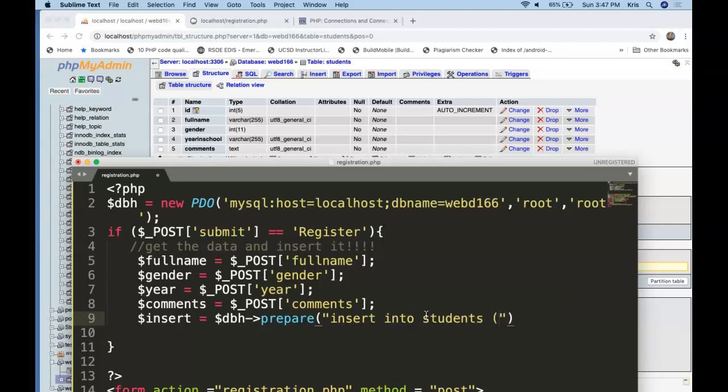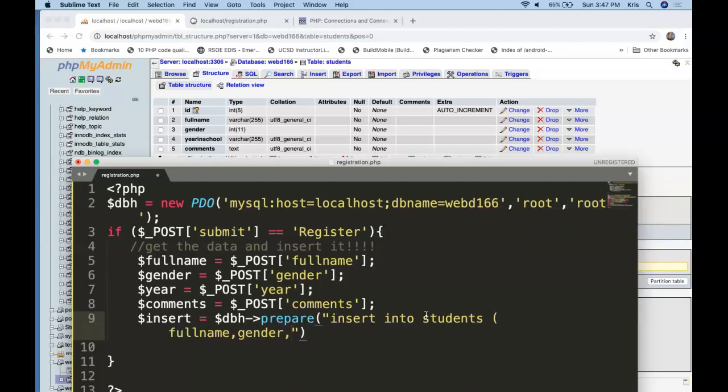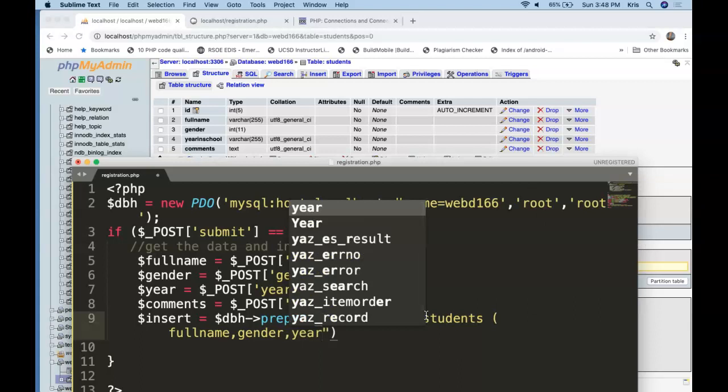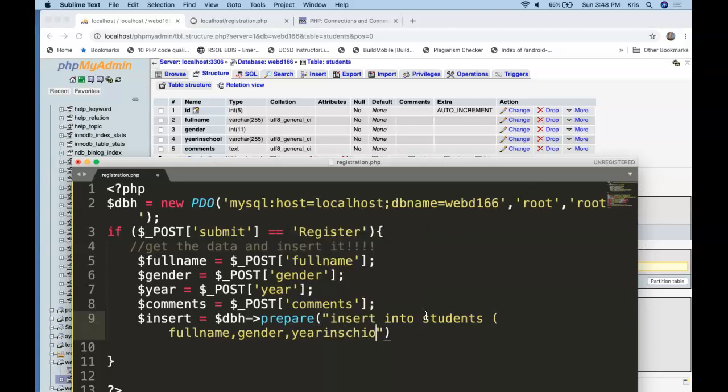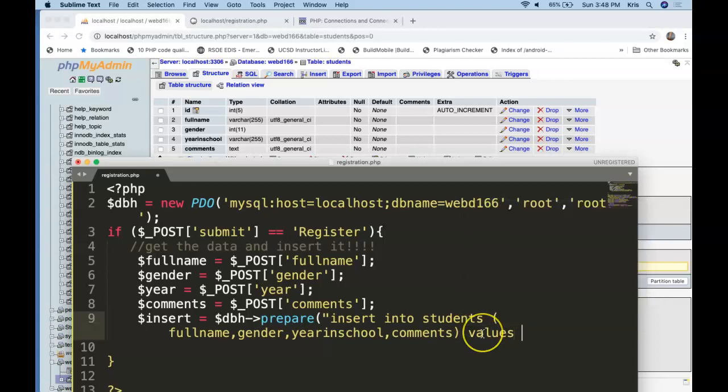And then I can list my fields. Full name. I'm not going to list ID because ID is going to be auto-populated based on the number of the insert. So this is year in school and comments. Oops, I need to separate each of these with a single quote. So I've inserted into students those grouped values, which are the field names, with the following values, which is going to be